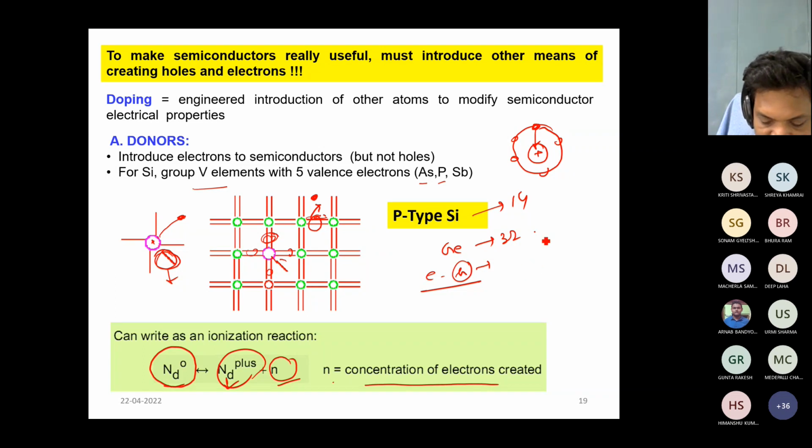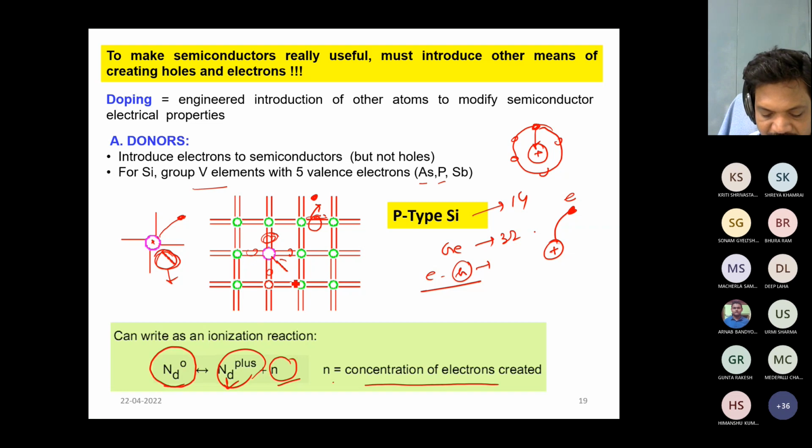So whenever we dope with an atom like arsenic or phosphorus or antimony, initially it is neutral, but whenever one electron escapes from the atom, then this atom is effectively positively ionized, and this electron is now free to carry the current, being a negative charge carrier. Okay,